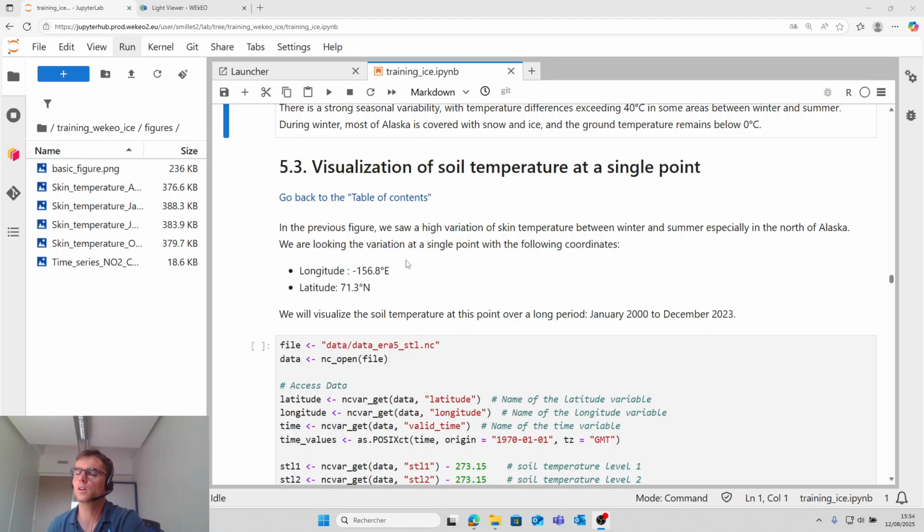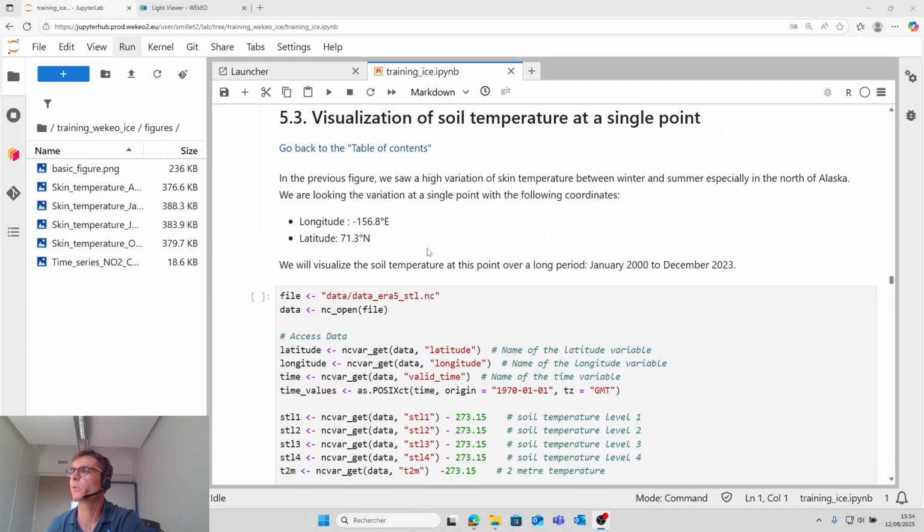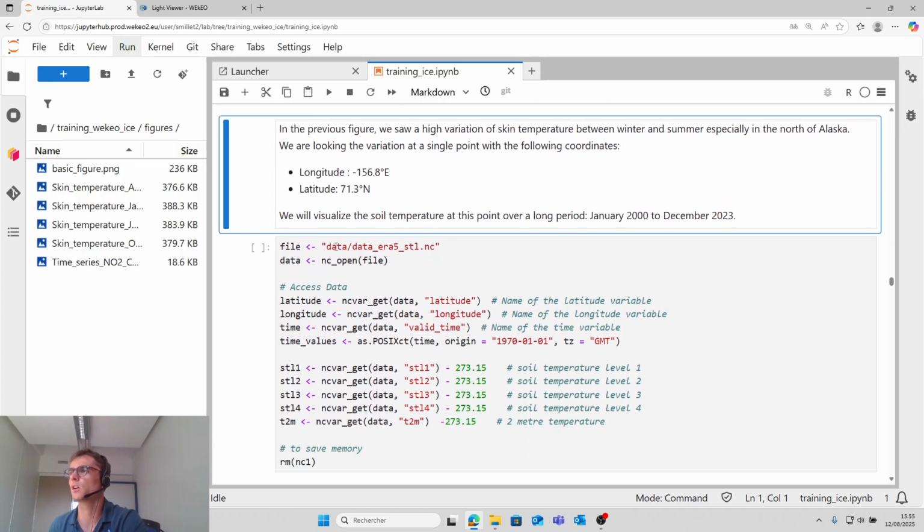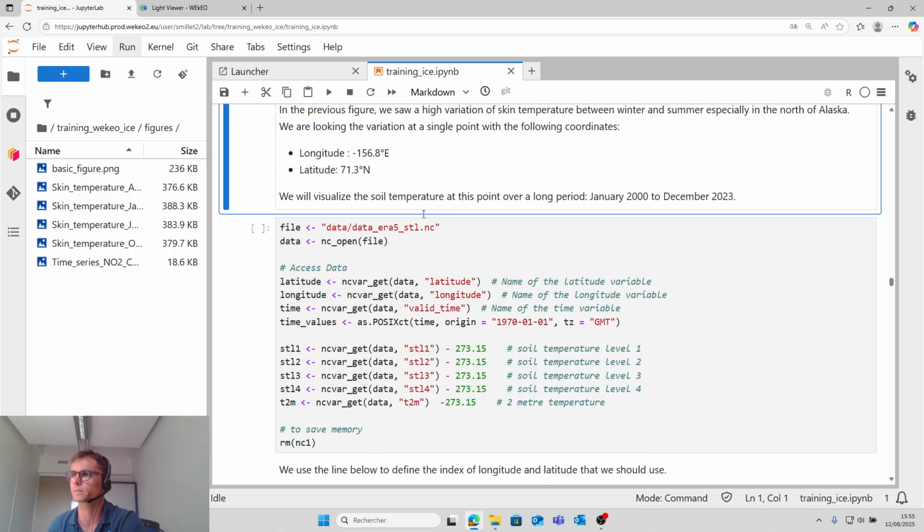So now we will work at a second point with this coordinate. So first we will visualize the soil temperature at this point over a long period, between January 2000 and December 2023.